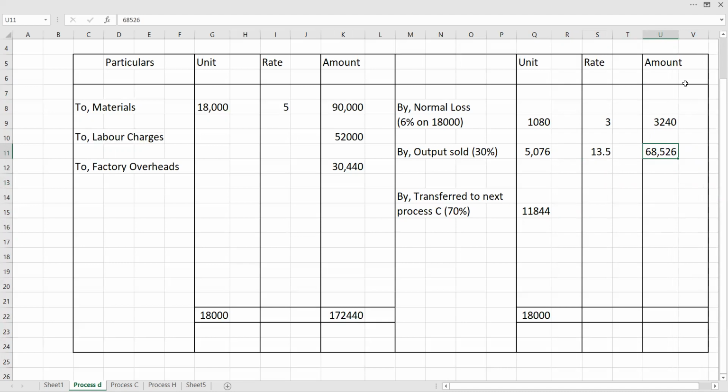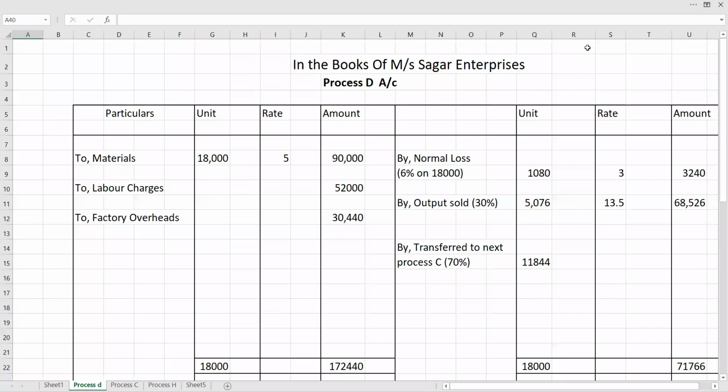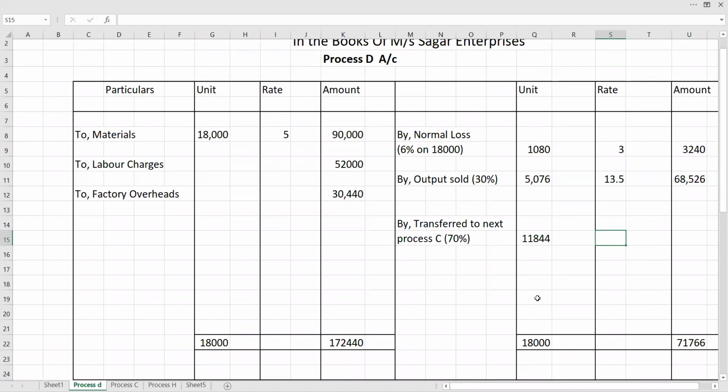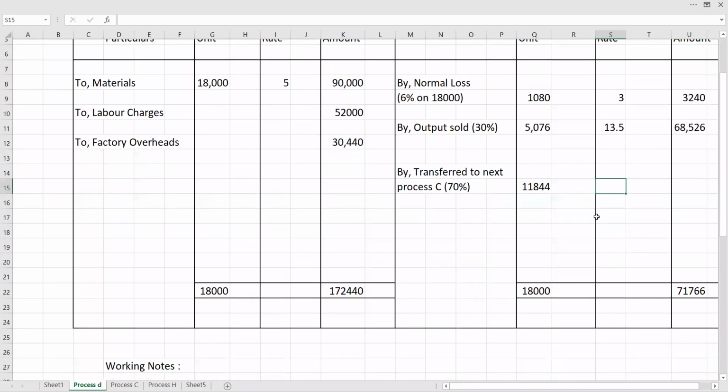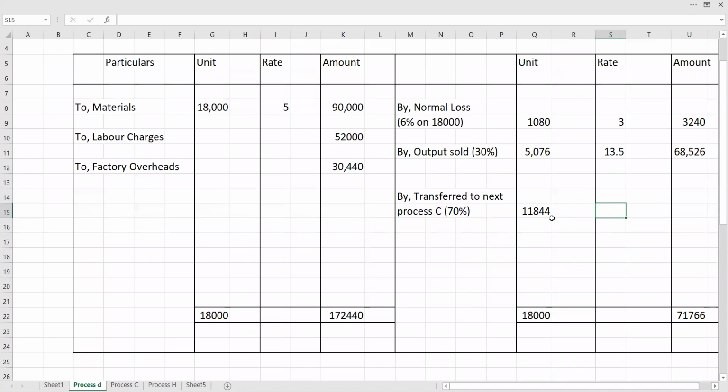So let's calculate this. The total of credit side column is 71,766. So the difference is in credit side. जो difference येतोय हा आपला credit side ला येतोय. To find out the amount, we have to prepare